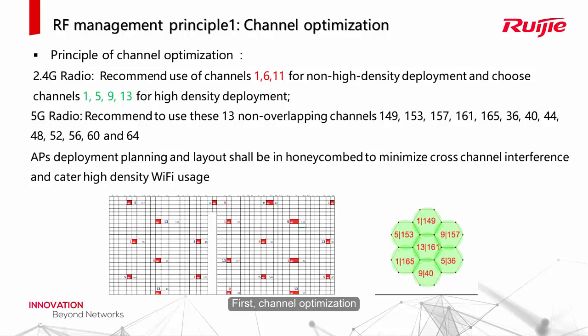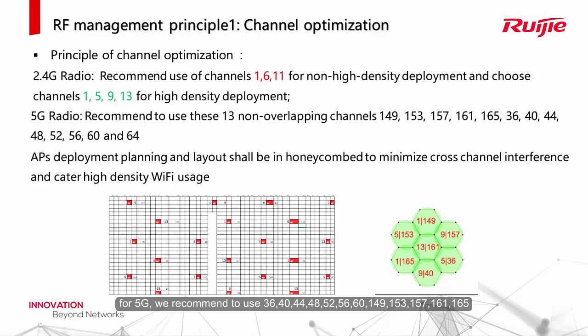First, channel optimization. As we know, in 2.4G, we can use 13 channels, 1 to 13. When there is non-high density scenarios, we recommend to use 1, 6, 11, these 3 channels. For high density scenarios, we recommend to use 1, 5, 9, 13, these 4 channels. For 5G, we recommend to use